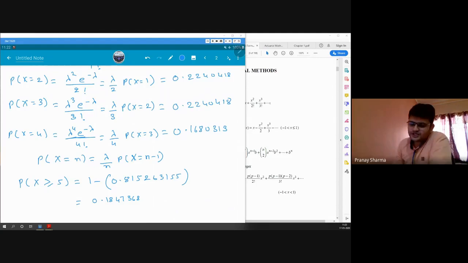So even though we say that on average 3 goals are scored each match, the probability that 5 or more goals will be scored in one match is around 18.5%. So there is still a chance that 5 or more goals would be scored, right? How much chance? Around 18.5% chance. So we'll say in around 1000 matches, 185 matches will have scores showing goals scored more than or equal to 5.